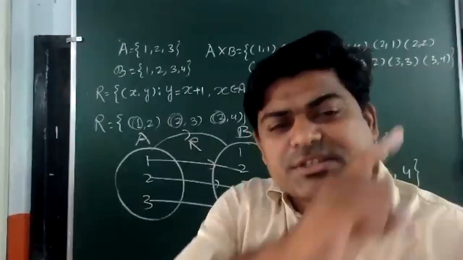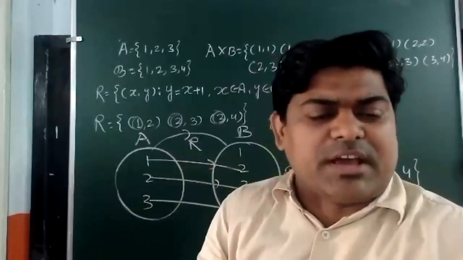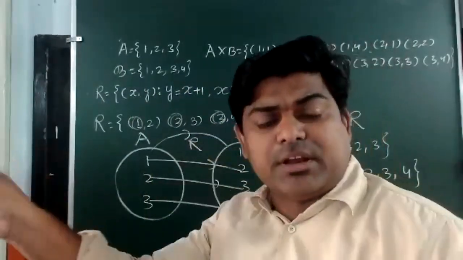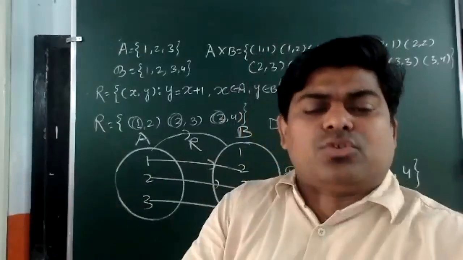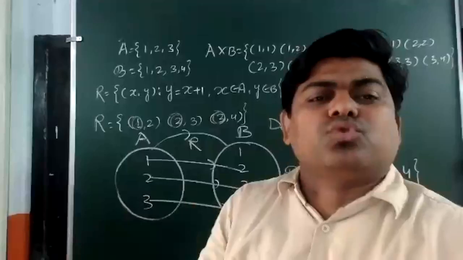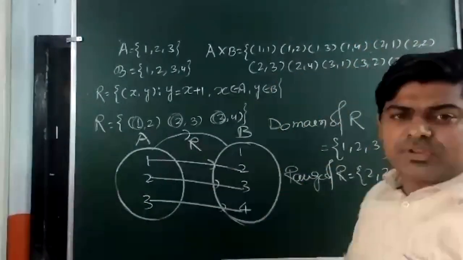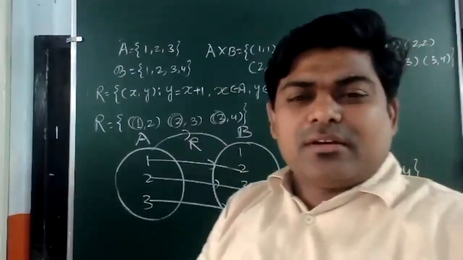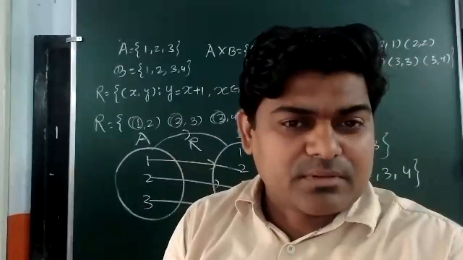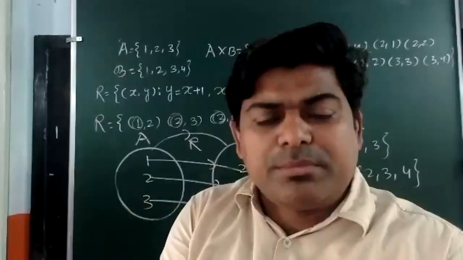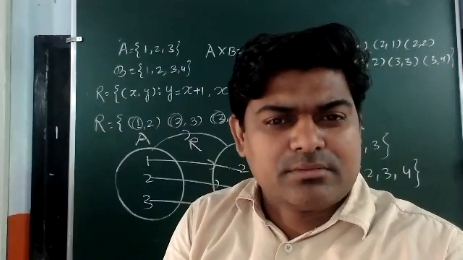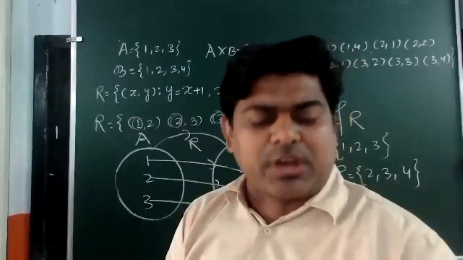If you remember, when we were discussing sets, it was told you if a set is given as A, the number of subsets is equal to 2 to the power n, where n is the number of elements in A. So here, if I want to write the number of relations, it means the number of subsets of A cross B, then I may write 2 to the power number of elements in A cross B. Now simply, it's given the number of elements in A and number of elements in B. If they are given, then can we find the number of elements in A cross B or not? Yes, we can find.